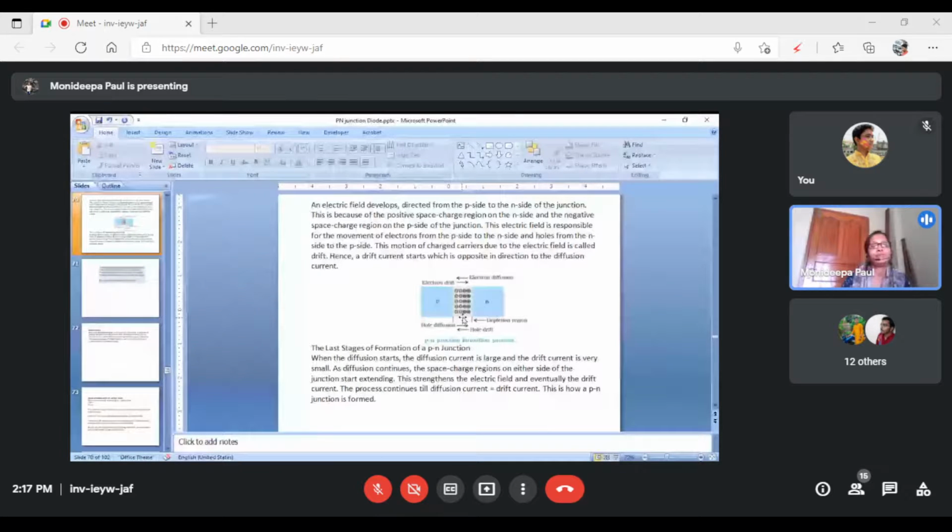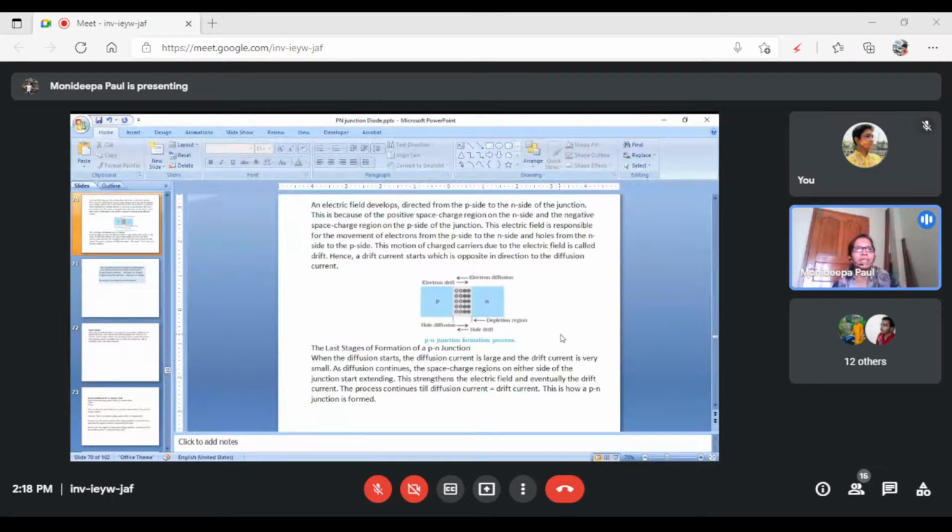If you see the figure, this is electron diffusion in this way, electron drift in this way, hole diffusion in this way, holes from the p side diffuse to the electrons in the n side. Due to the potential difference created here, this potential difference pushes the positive charge ions towards the p side. This is called hole drift. This potential difference forces the negative charge ions to move towards the n side. This is called electron drift. Clear? Any doubt? Diffusion and drift.